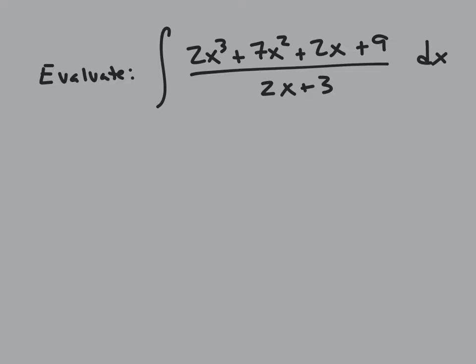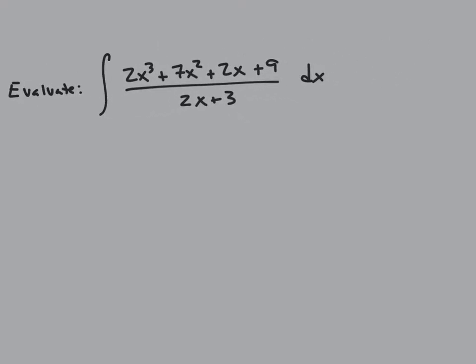And while that's a good idea, that's not going to work, okay? And here's the reason why: your numerator up here is of degree 3. So typically what you would want to do is have this be your u and take the derivative of that. And if I just look at my first term, 2x cubed, if I take the derivative of this, like let's say I did a u substitution, then du/dx is equal to